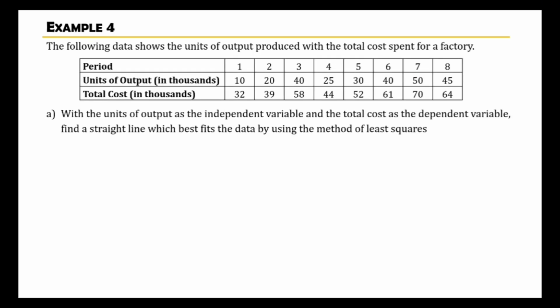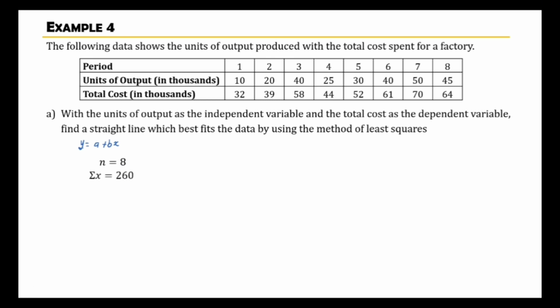Example 4. The following data shows the units of output produced with the total cost spent for a factory. A with the units of output as independent variables and the total cost as dependent variables. Find a straight line which best fit the data by using the method of least squares. So the least square method gives us equation for y equal to a plus bx, where n equal to 8,